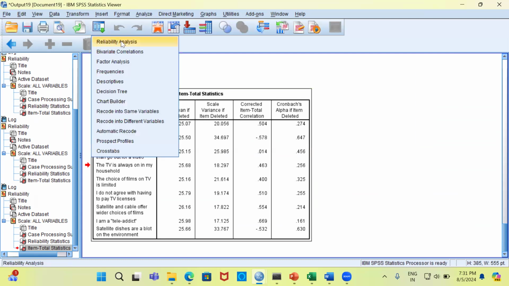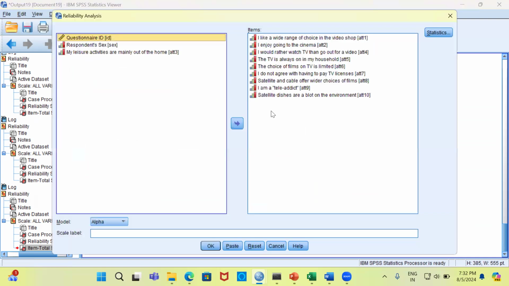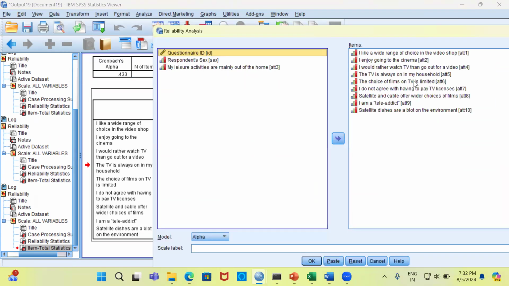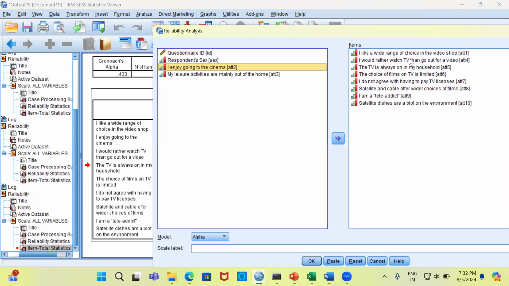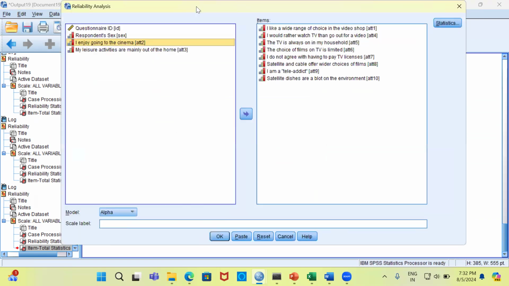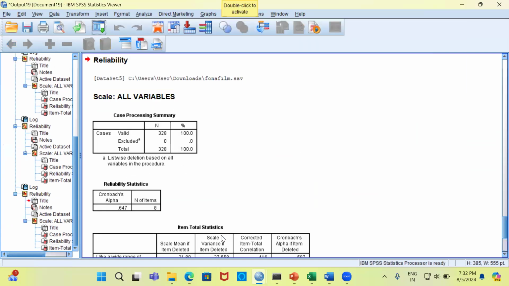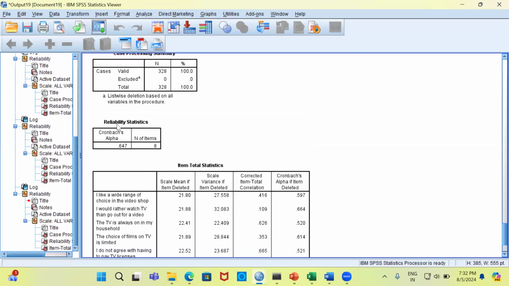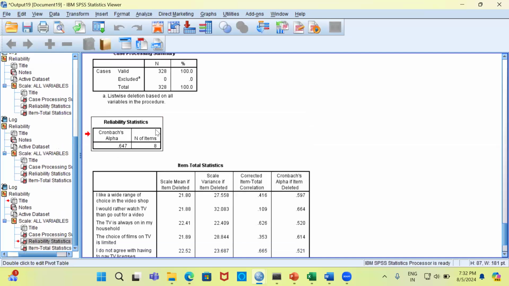Let me reopen the dialog box, reliability analysis. The second variable here would be I enjoy going to the cinema. This is the second variable. Let me remove this variable from the list of variables and perform reliability analysis once again. You can have a look at the new reliability statistics value. What is the value? The value that I'm now getting is